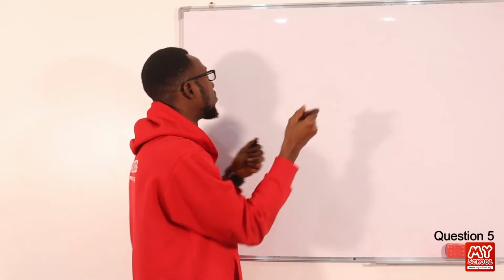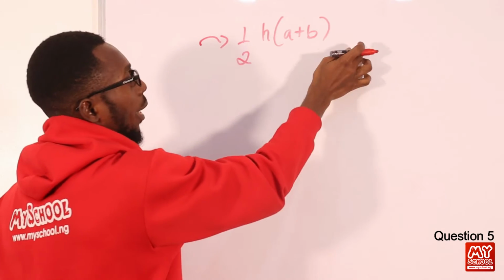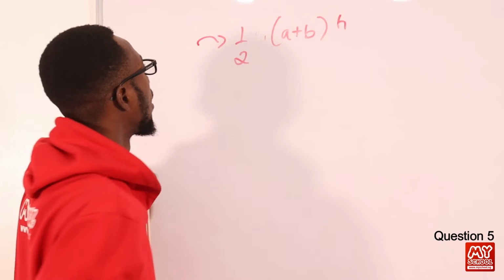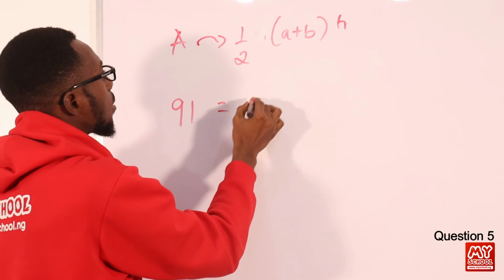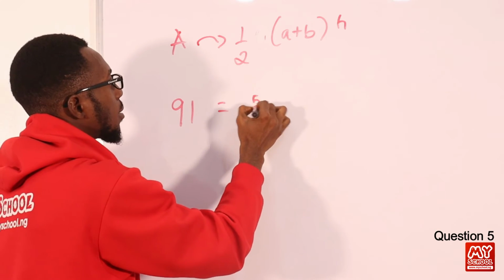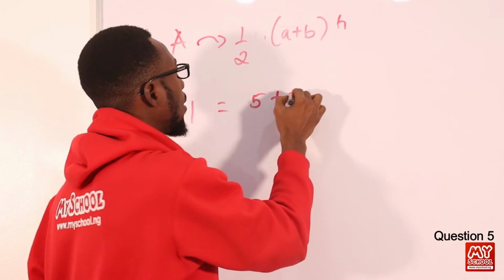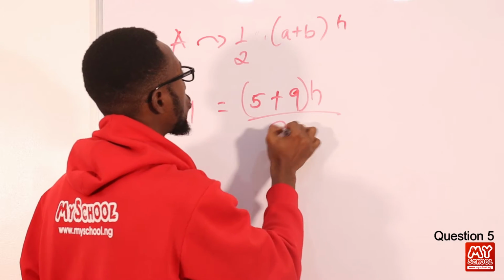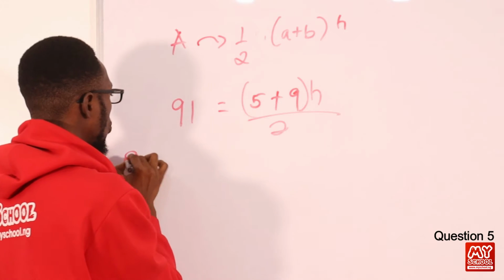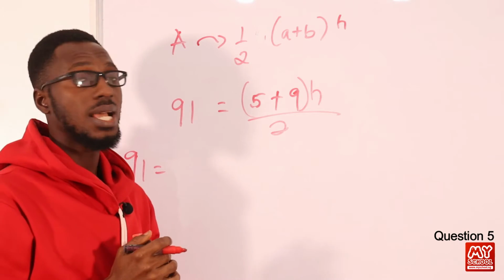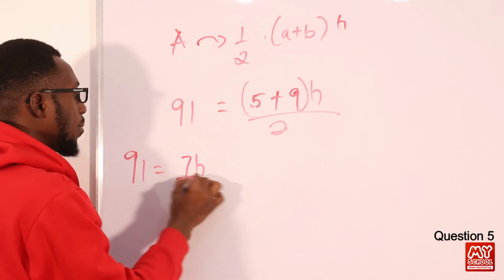So area of a trapezium, the formula is half h into bracket a plus b, or you can bring your h here, whichever one works for you. So right there we have the area is given as 91 centimeters square, equals a plus b, that is the short base plus the long base, 5 plus 9, into bracket h over 2. So I will have 91 equals 5 plus 9, that is actually 14. 14 divided by 2, that is 7. So equals 7h. So dividing both sides by 7,